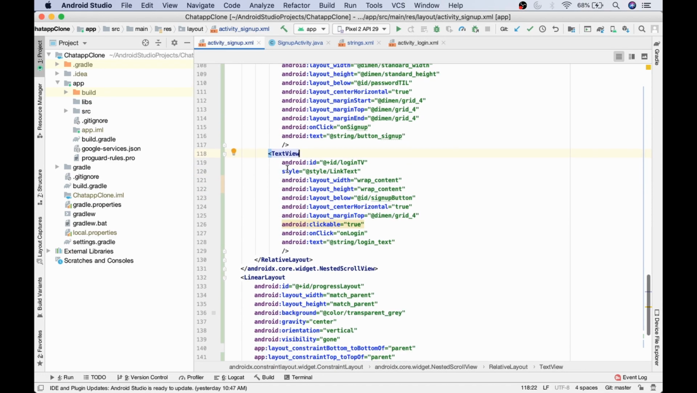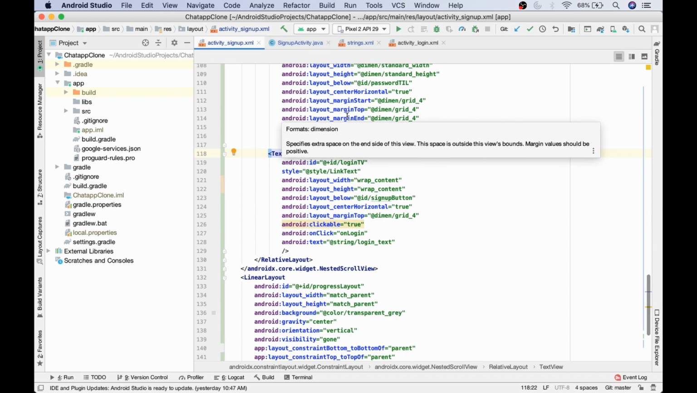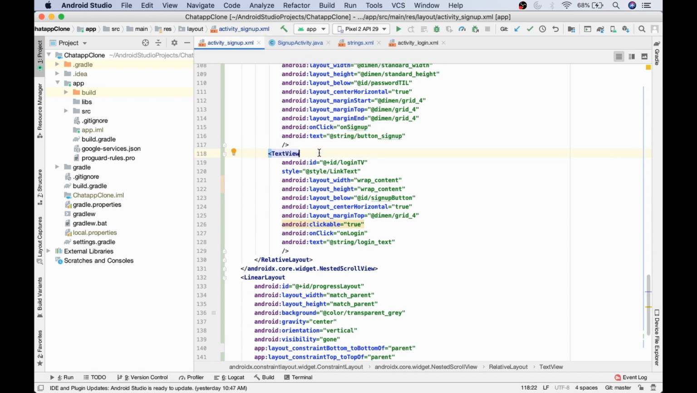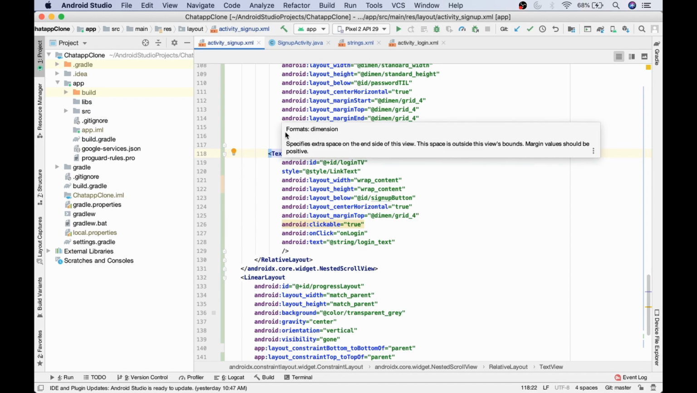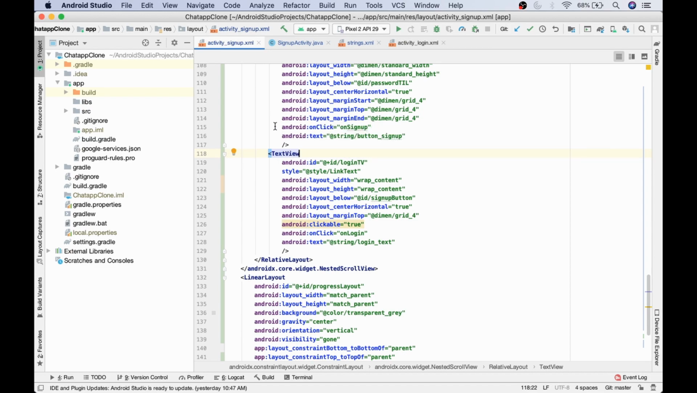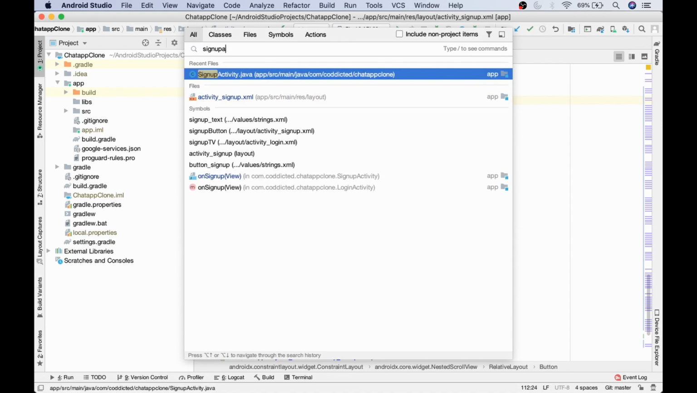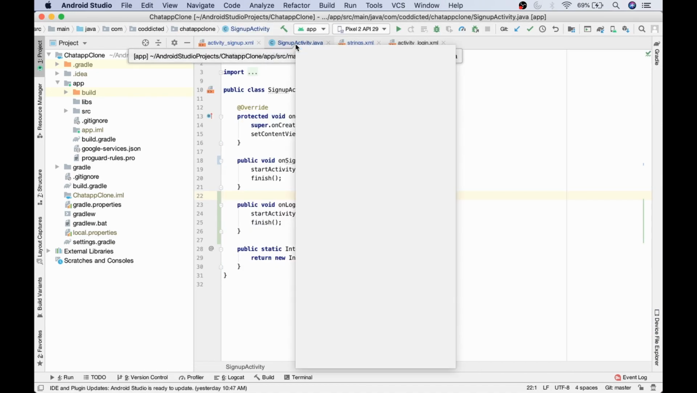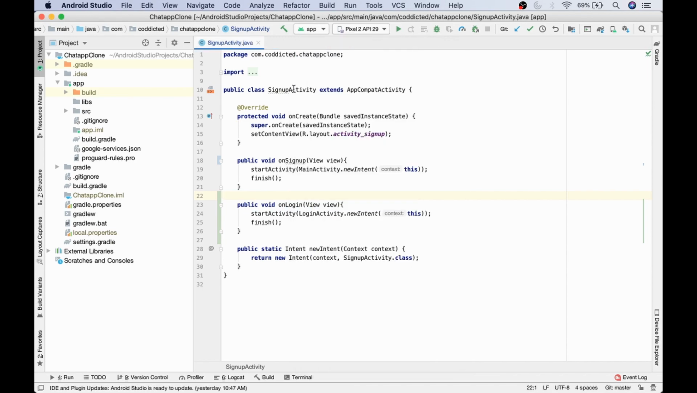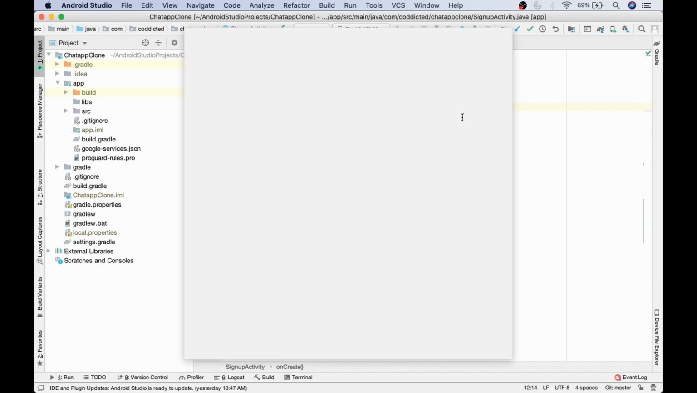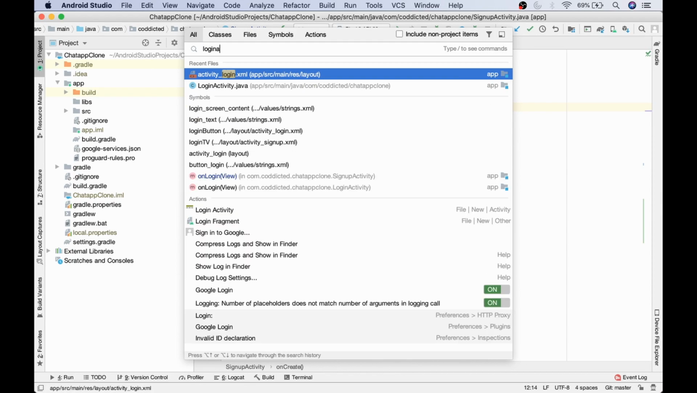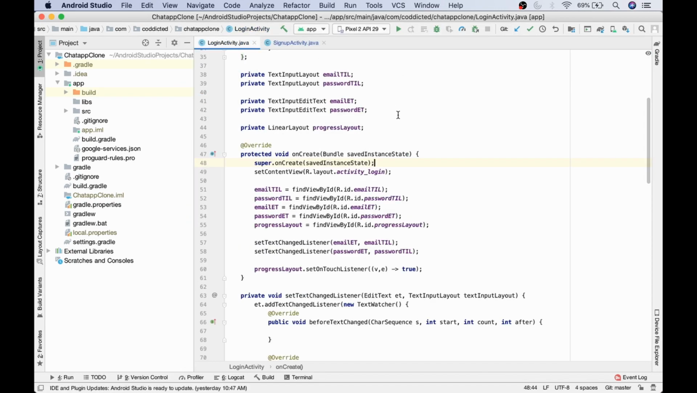Before we actually start with the sign up activity changes, let's create a model for our user that we will use in the database. So let's first open the sign up activity. Let's close all the others, and because we will need much of the functionality similar to login activity, let's open that also. So we have login activity also open,